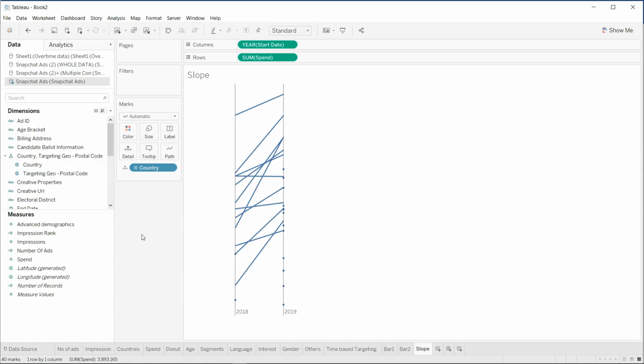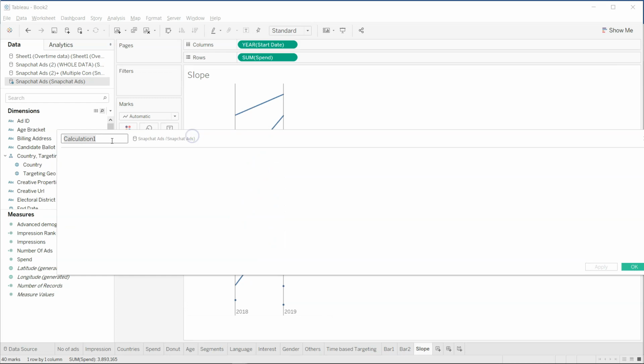So for that we need to create a calculated field, and to do that we will go into the calculated field, and within this what we need is basically spend up, just to indicate whether the spend has gone up or not. And we are going to make it dynamic, because every year you will have to change this, you will have to come here, using probably the LOD, you will fix the 2018 and 2019 and do the comparison. But let's try to make it dynamic using the lookup function to first see the latest year information of spend,